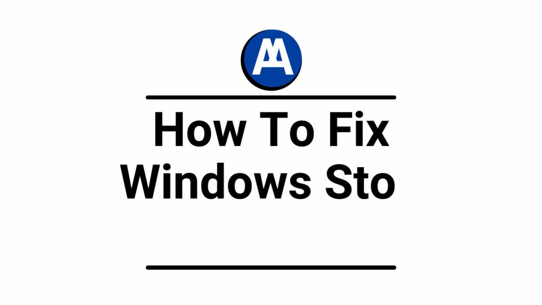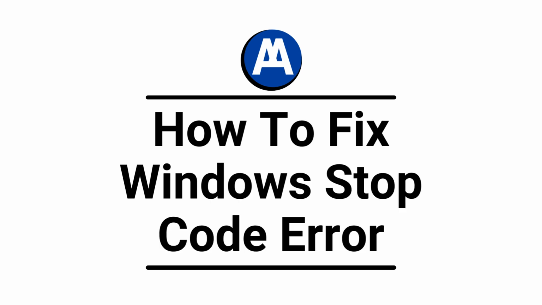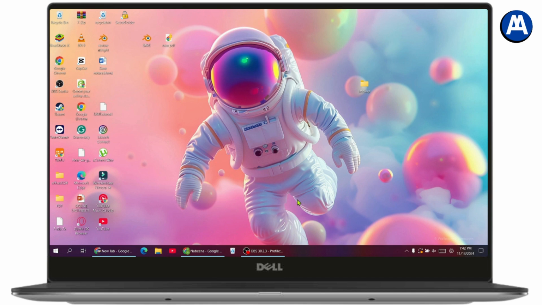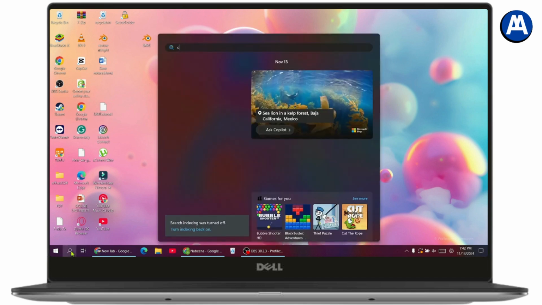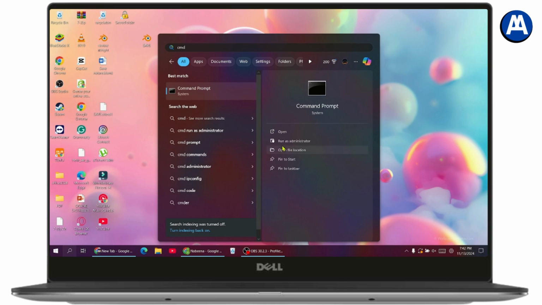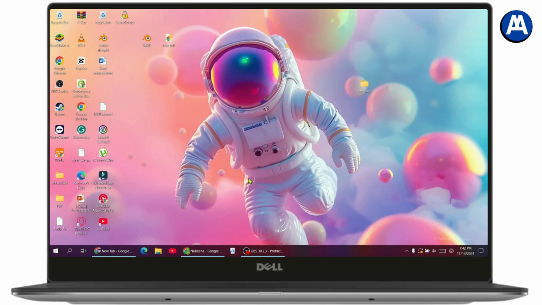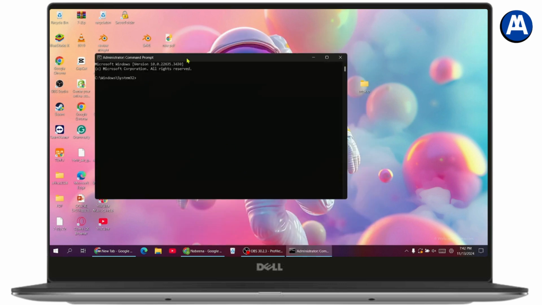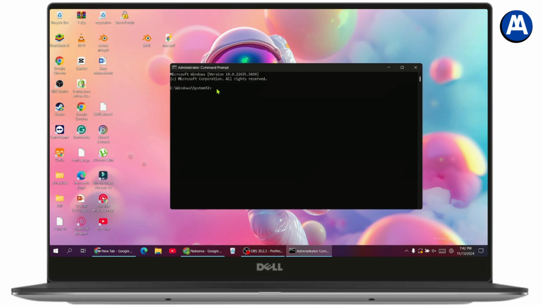How to fix Windows stop code error. If you want to fix the Windows stop code error, then what you need to do is simply go to search and search for CMD, choose Run as administrator, and under Run as administrator, click on Yes. Here you will get this kind of interface where you just need to enter a command. So the command goes like